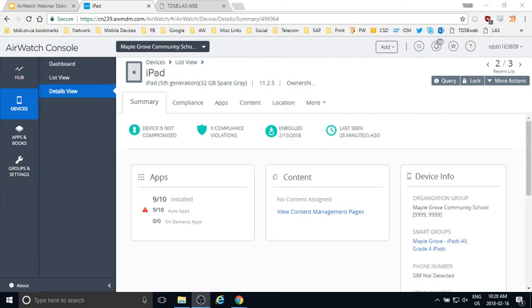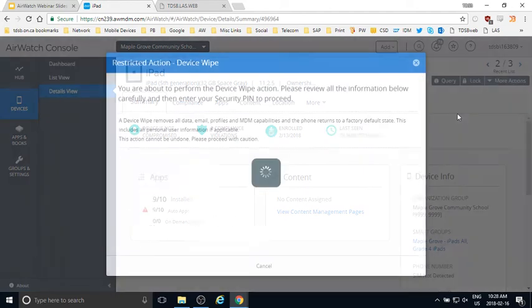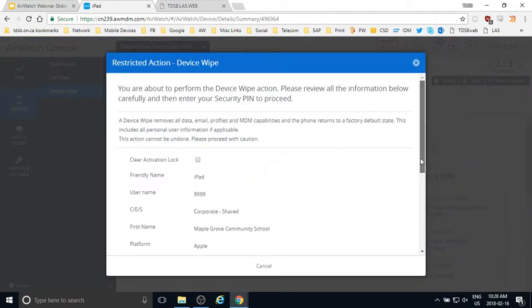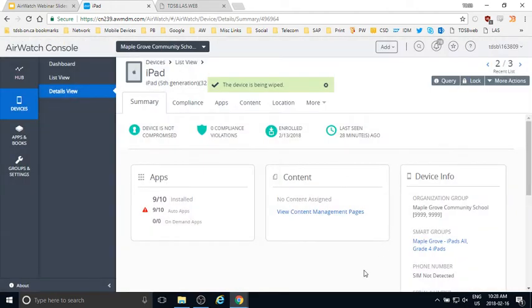But I can, from the AirWatch web console, wipe this iPad. Say it's acting really funny. It's not behaving correctly. I can go to this device wipe feature. It'll just ask me to put in a little PIN code that I created, which is totally fine. Just wants to make sure that I didn't do it accidentally. And if I toggle back to that iPad, it should start wiping. And there it goes. So it's basically factory resetting the iPad if it's acting funny.